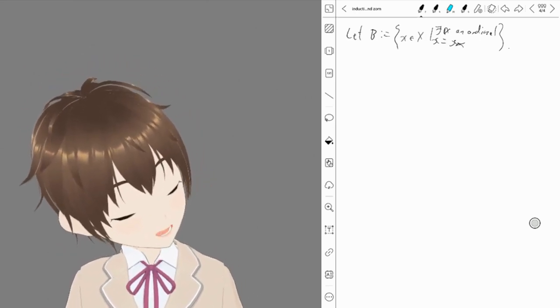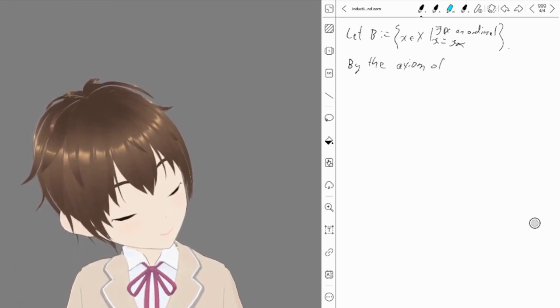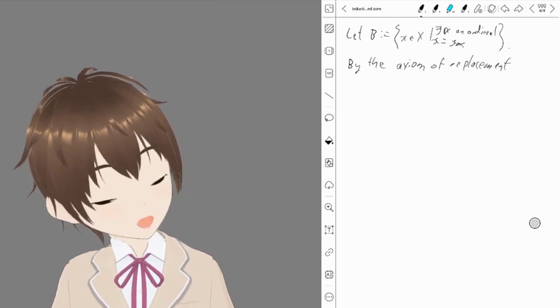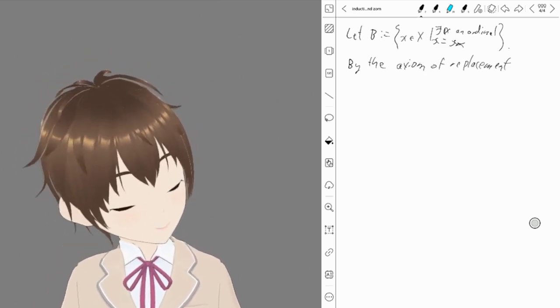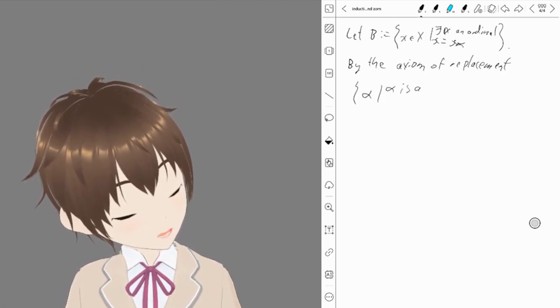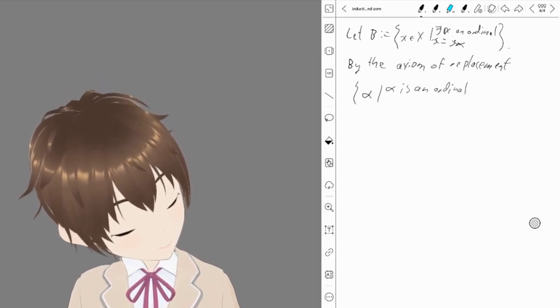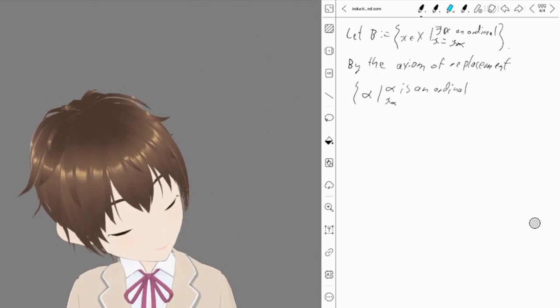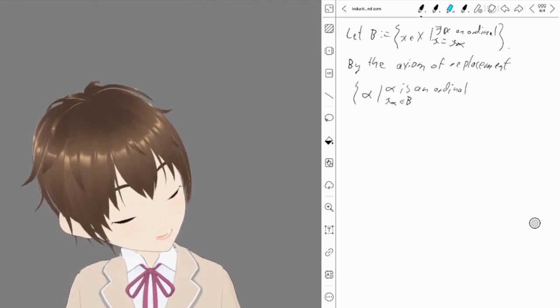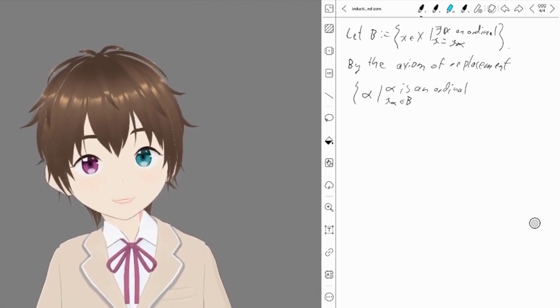So by the axiom of replacement, the ordinals corresponding to things here form a set: alpha such that alpha is an ordinal and X alpha is in B. Here, I'm crucially using the fact that no two ordinals have the same corresponding thing